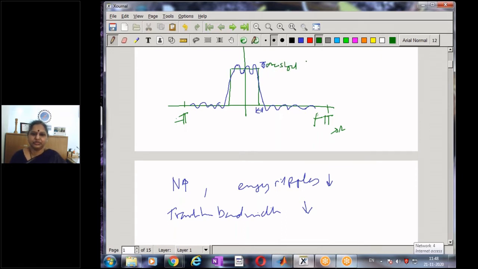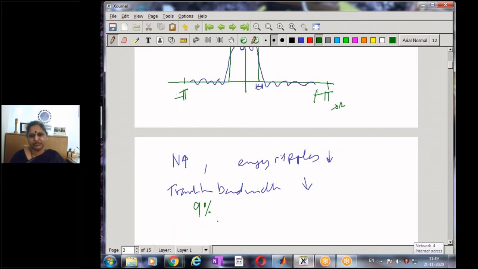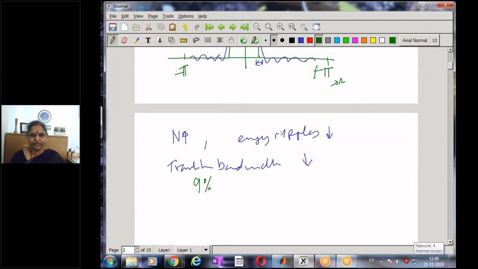This percentage overshoot continued to remain around 9%, with the actual value being around 1.09. This is a major drawback of using the rectangular window function, because this overshoot does not decrease no matter how large I make my n. And this is due to the presence of what is known as the Gibbs phenomenon, which occurs whenever we truncate the infinite duration Fourier series.